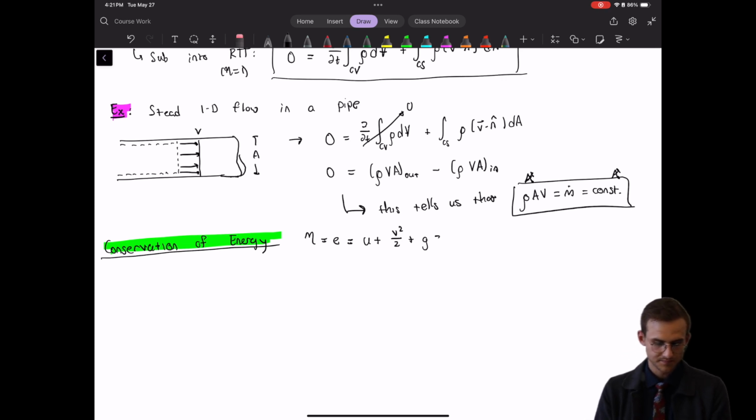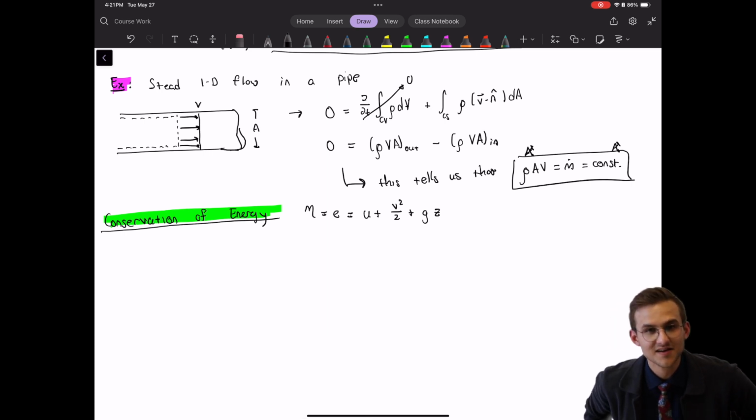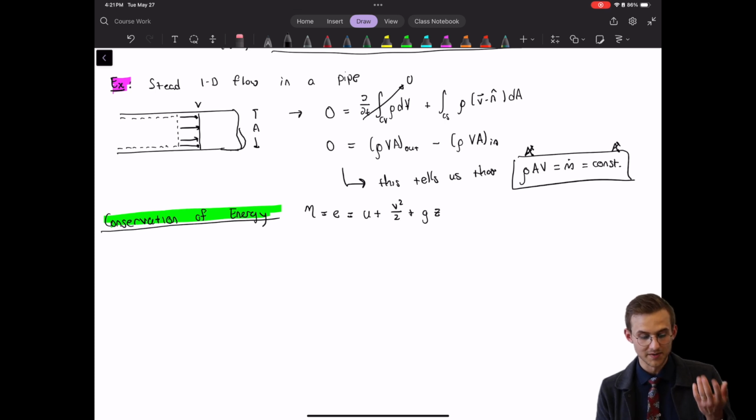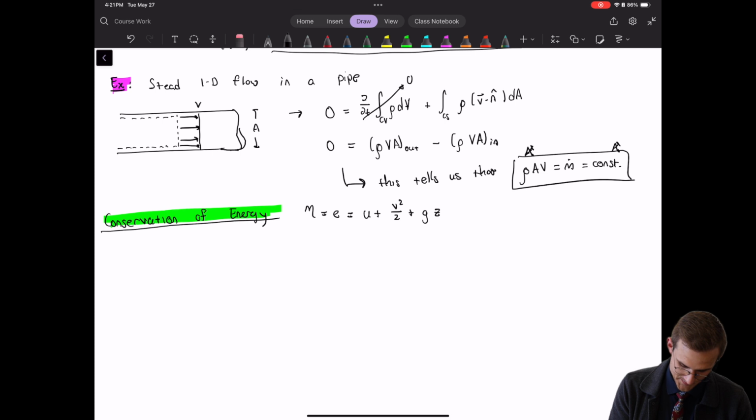Okay. Now, what does the first law of thermodynamics tell us about the total derivative of energy, right? It tells us that dE/dt is equal to the partial derivative of q with respect to t